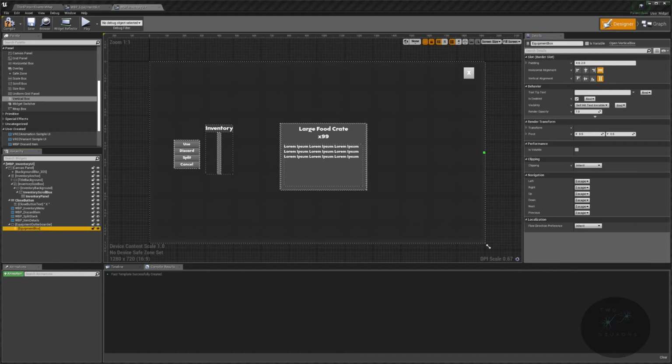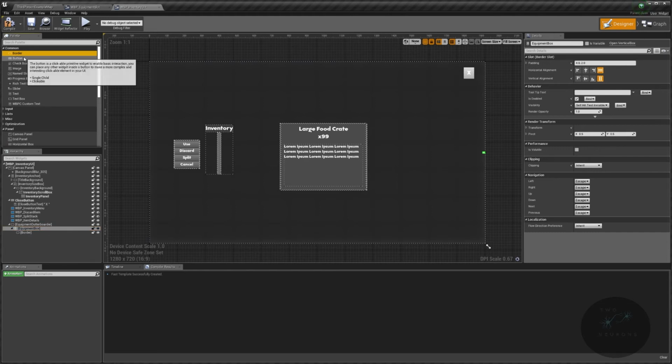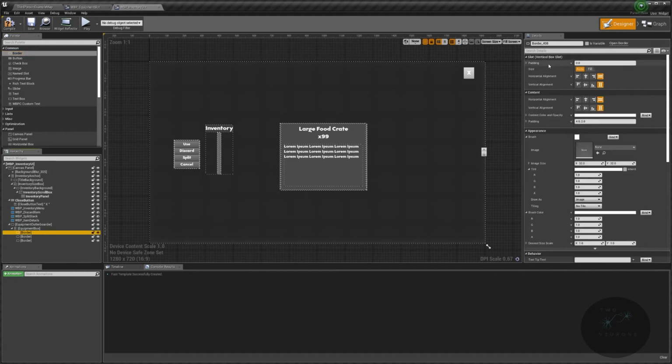So next what we're going to do is add 3 more borders to our vertical box. Remember, a vertical box is stacking one thing on top of another going down the screen. So we're going to grab 3 borders. So 1, 2, 3. And these will be the 3 sections of our equipment sort of UI. We're going to have a title, the equipment section itself, and our encumbrance system. So let's start with this one at the very top here. This is our equipment